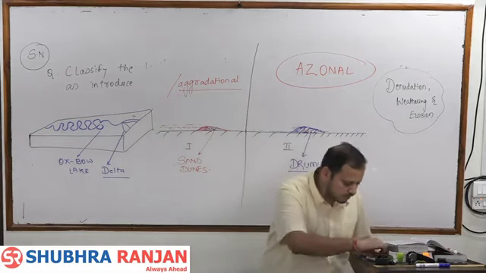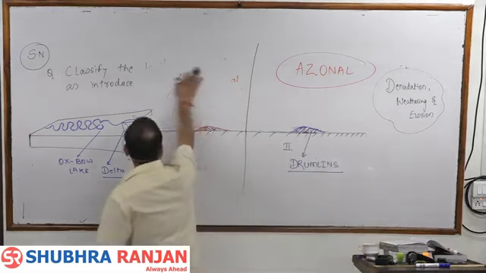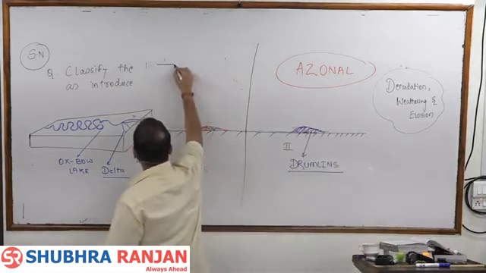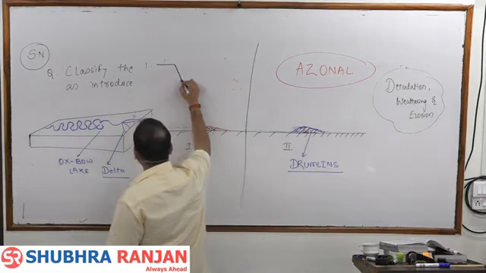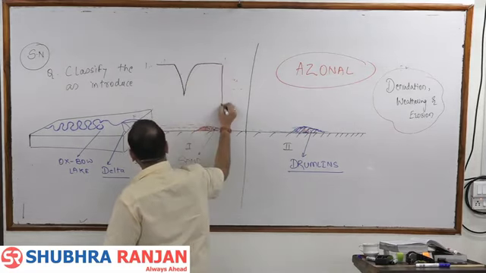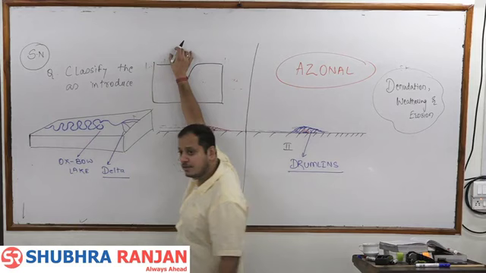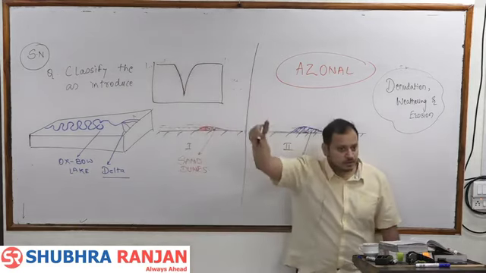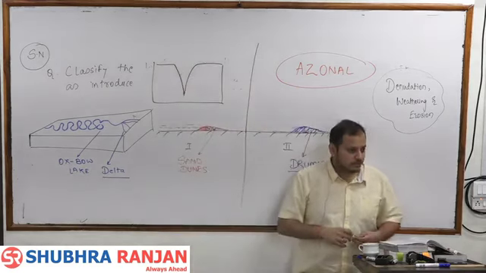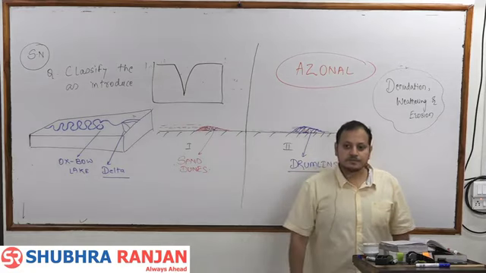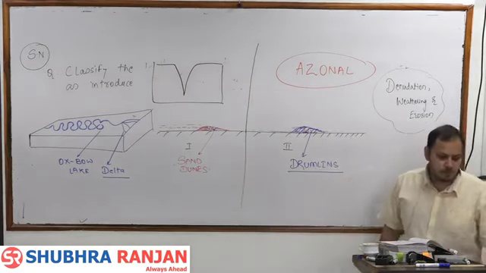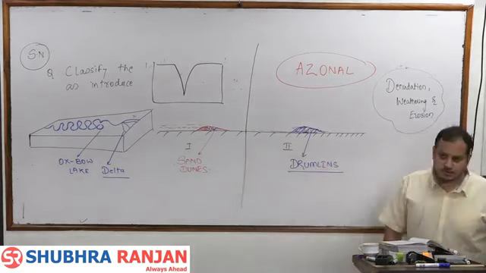Why? Because if the river is flowing, then the river will be making the valley. So if the river makes a V-shaped valley, it is a third order relief feature. It is found on the plains or the plateaus or on the mountains, that is, on the second order relief feature. So that is the last point. The most important scope of geomorphology.